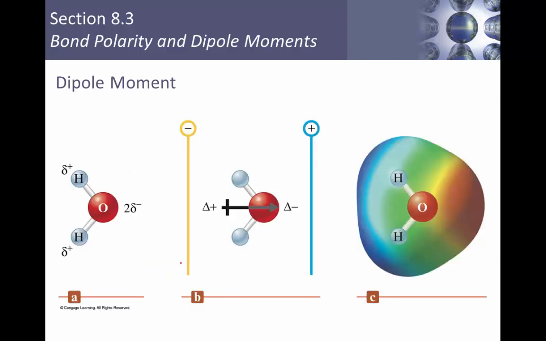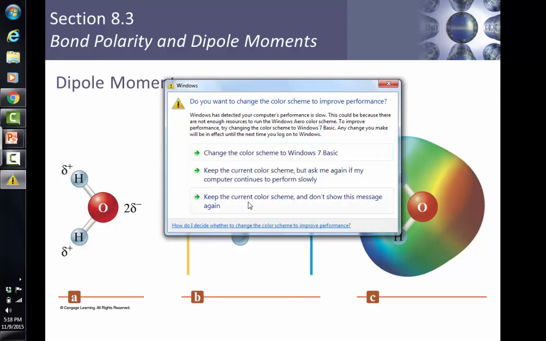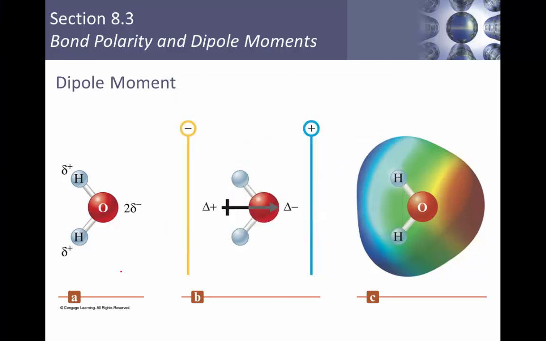We can also show dipole moments with visuals. And so here are three different ways of showing a dipole moment. Notice the stick figures here. They both use delta symbols. In this case, we're using the lowercase delta symbol here, and then the uppercase delta symbol here. But in each case, it means the same thing, that we've got hydrogens that have lost electrons or are not sharing equally, and we have oxygens that have gained the electron cloud. So this is one format, and then we have what is called